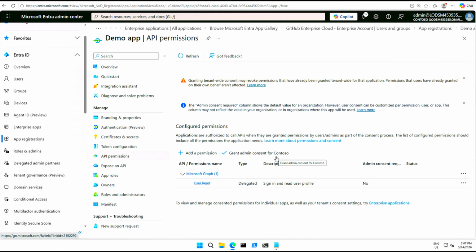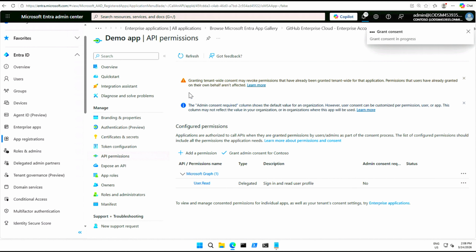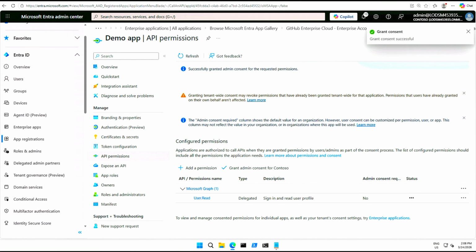So select that grant admin consent and you can see the dialog box. Do you want to grant consent for the requested permission for all accounts in Contoso? Select yes. So grant consent successful. Just make sure that when we are giving this tenant-wide admin consent to app registration,